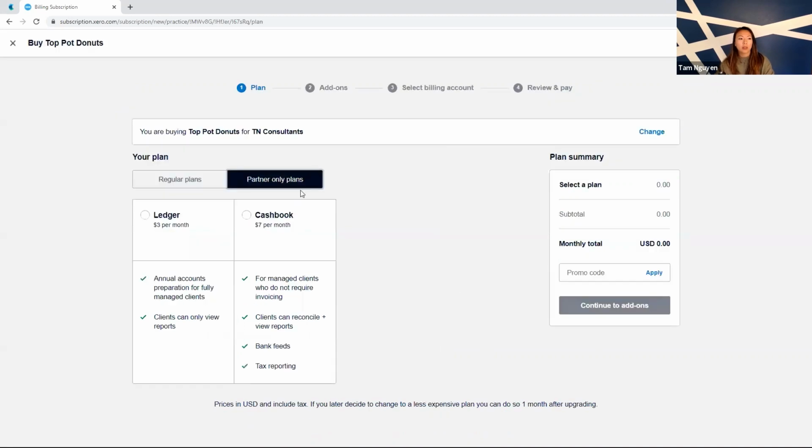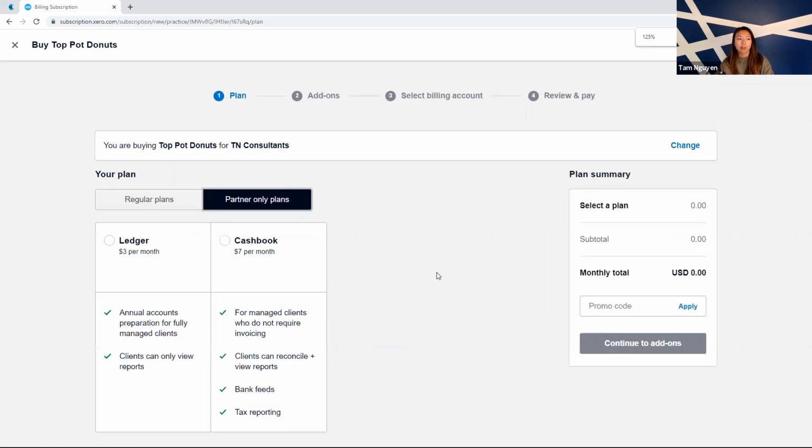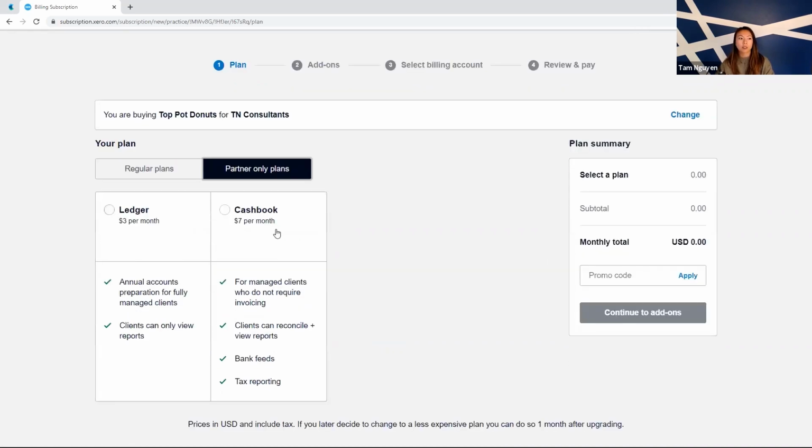And then just a quick nod to the partner only plans. These are ones that are only available if you're the one managing the subscription. And that's the ledger and the cash book. Very, very competitive prices, $3 a month for ledgers, $7 a month for cash books. And the key with the cash book, where I find most partners are using this, is because there's the automated bank feed. You're able to connect to the bank feed, have those transactions come in, you're dealing with live information, and